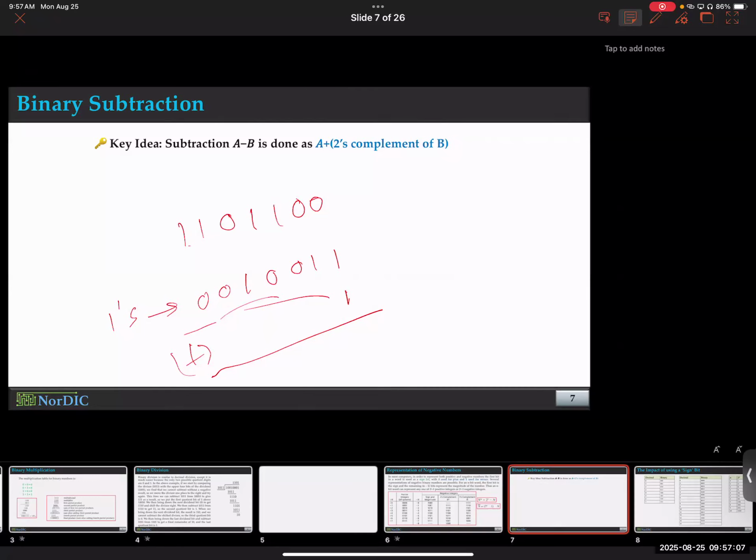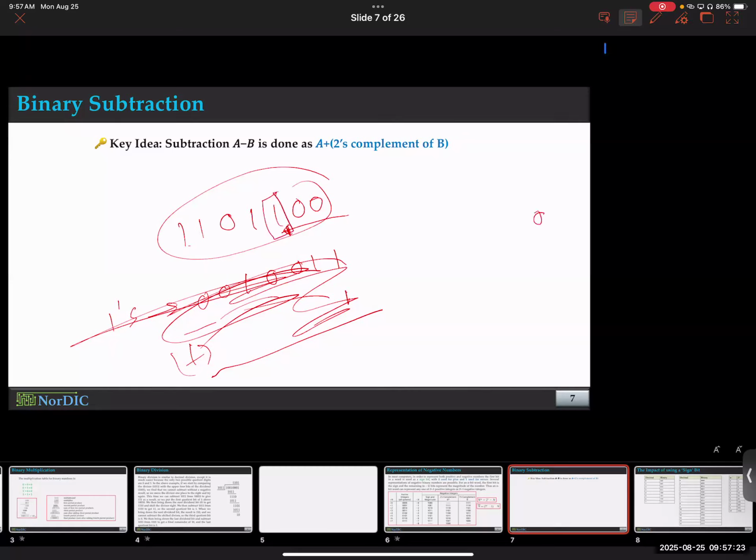But there is a shortcut that people do. That is, imagine if you have a number like this. Say this is the number. Start with the first one that you get from the right hand side. This one. So 0, 0, 1. And then flip the remaining bits, like 0, 1, 0, 0, something like that. Yeah, that's the shortcut that people use, and it's also mentioned in the textbook. You'll see. So thankfully, you don't have to do any of this manually ever, but you have to know this